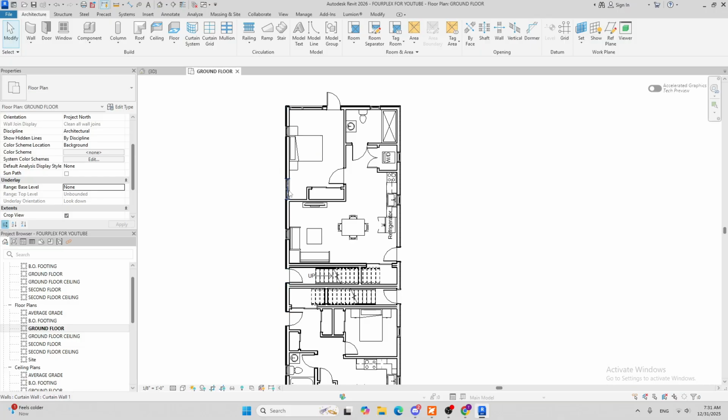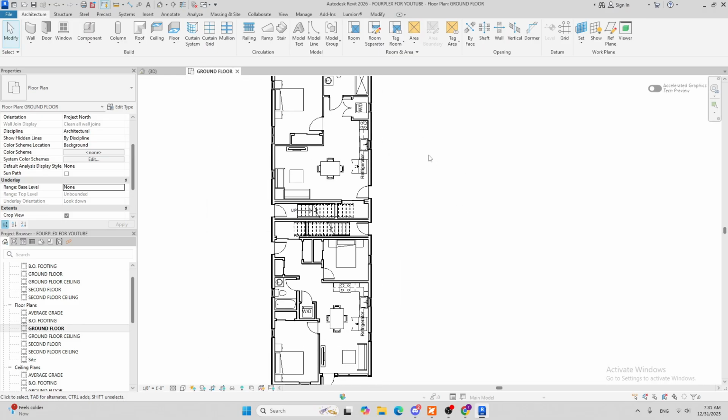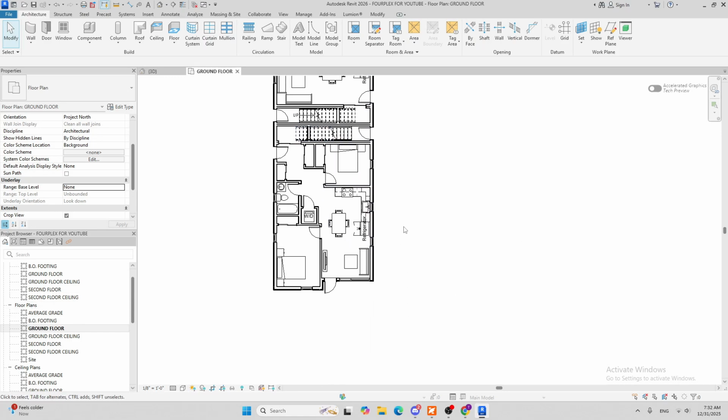If you're not doing that, it's going to cause some issues when you print. Let's say you dimension everything and put the views on the sheet, and you realize it's not fitting very well. Then you change the scale and the text gets messed up and all of that. I'm going to load a sheet in, put my ground floor plan on the sheet, and after that I'm going to dimension and then put the text